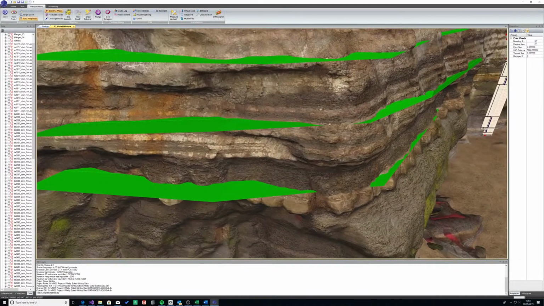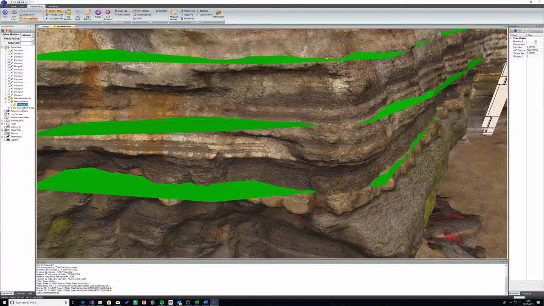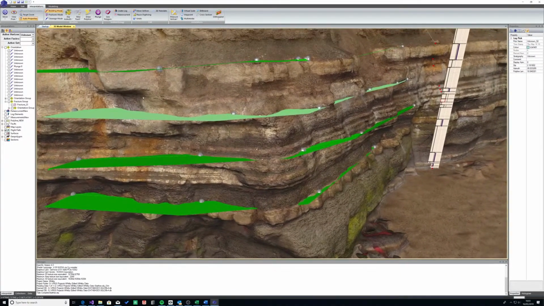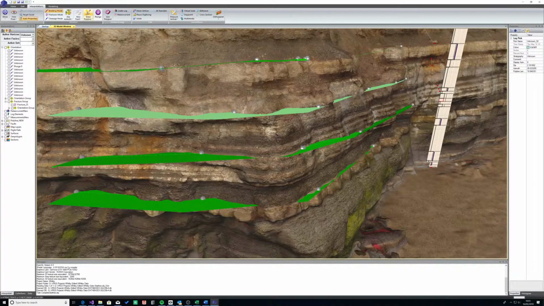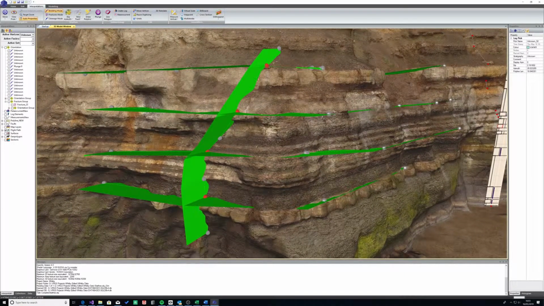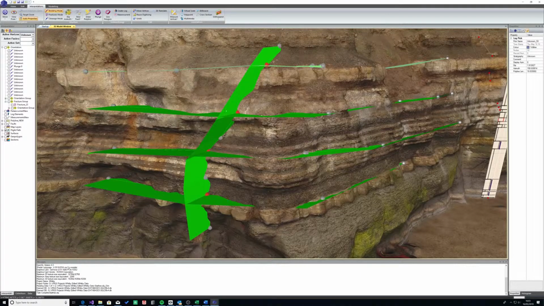Right, another change to the polyline interpretations is if we now go to our polylines and switch on show nodes, as you're interpreting, you can now snap to existing interpretations. So how that would work is if I were to put a line like this, and I'm clicking on the vertices of existing interpretations, double click to finish, and you can see that on the new polyline and on the old polylines, that vertex that is common to the two, in this case 2 polylines,